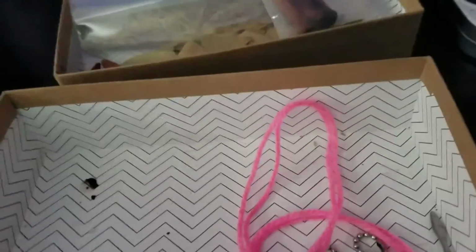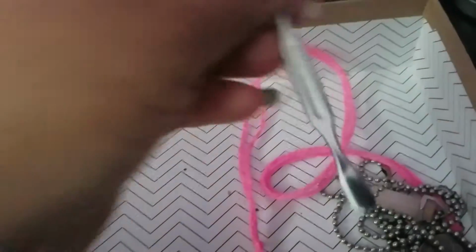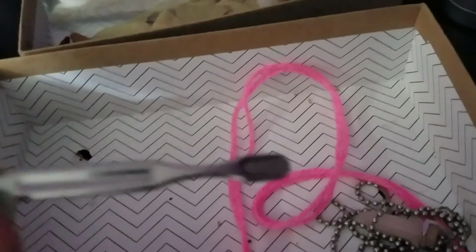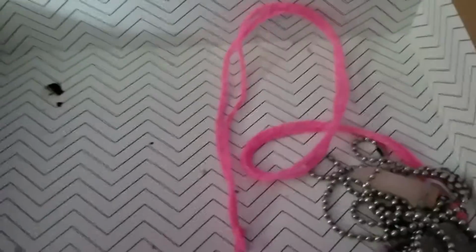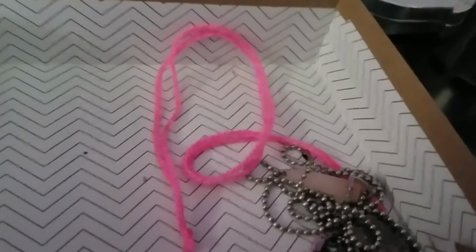Here's the cinnamon. This is the cinnamon bark, which some of it I tried burning, but it was a no-go. So I would need to grind this up, and I don't have a mortar and pestle for it. Now, before we get to the charms, this is a cuticle pusher, and I use it as a spoon, like if I was getting salt or trying to make something with colored salt, it'll be perfect for it. The charms that I use for necklaces and all, I decided to put those in there because I feel